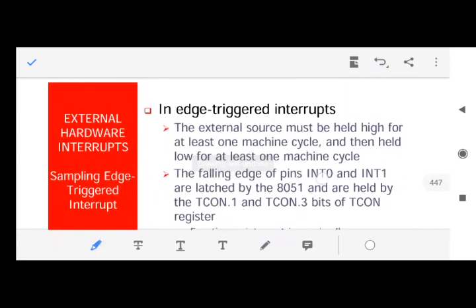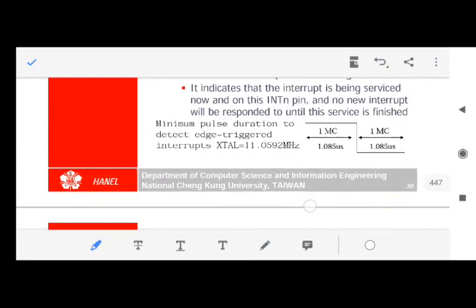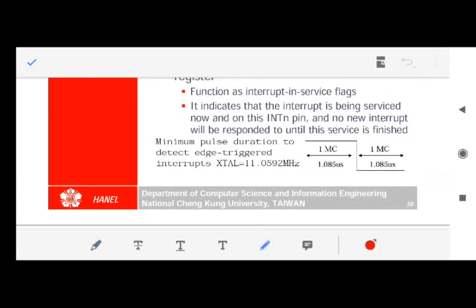And that's it. Apart from this, there's one more thing: if it is edge triggered, then since it is normally 1, what is this? This is the interrupt 0 or interrupt 1 signal. It is normally 1. Whenever it becomes 0, the interrupt occurs. So for edge triggering, it should not be something like this. It is 1, then it becomes 0, then it became 1. This is not level triggering. This is not edge triggering. Edge triggering should be something like this.